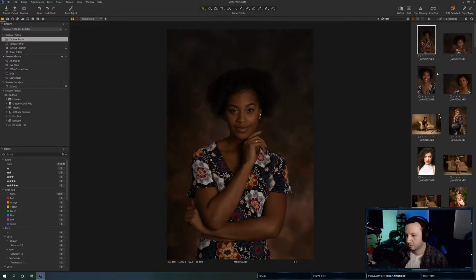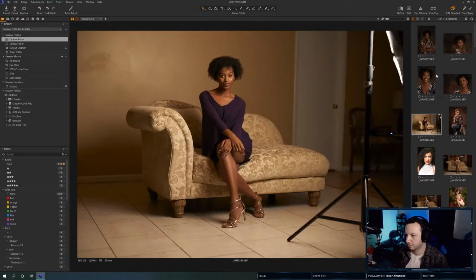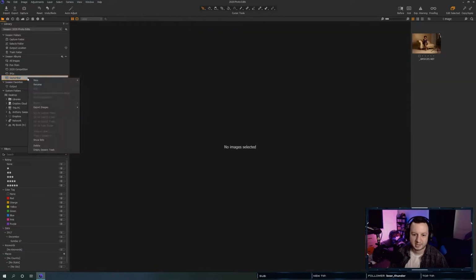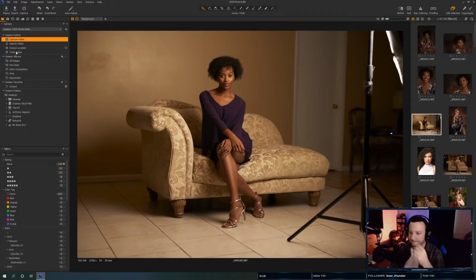See, I really like this. Obviously, we have a lot of stuff we have to remove over here. But we'll put that in September. Is there any way to make this like an active folder? I was going to try and make it like an active folder so that I could just simply